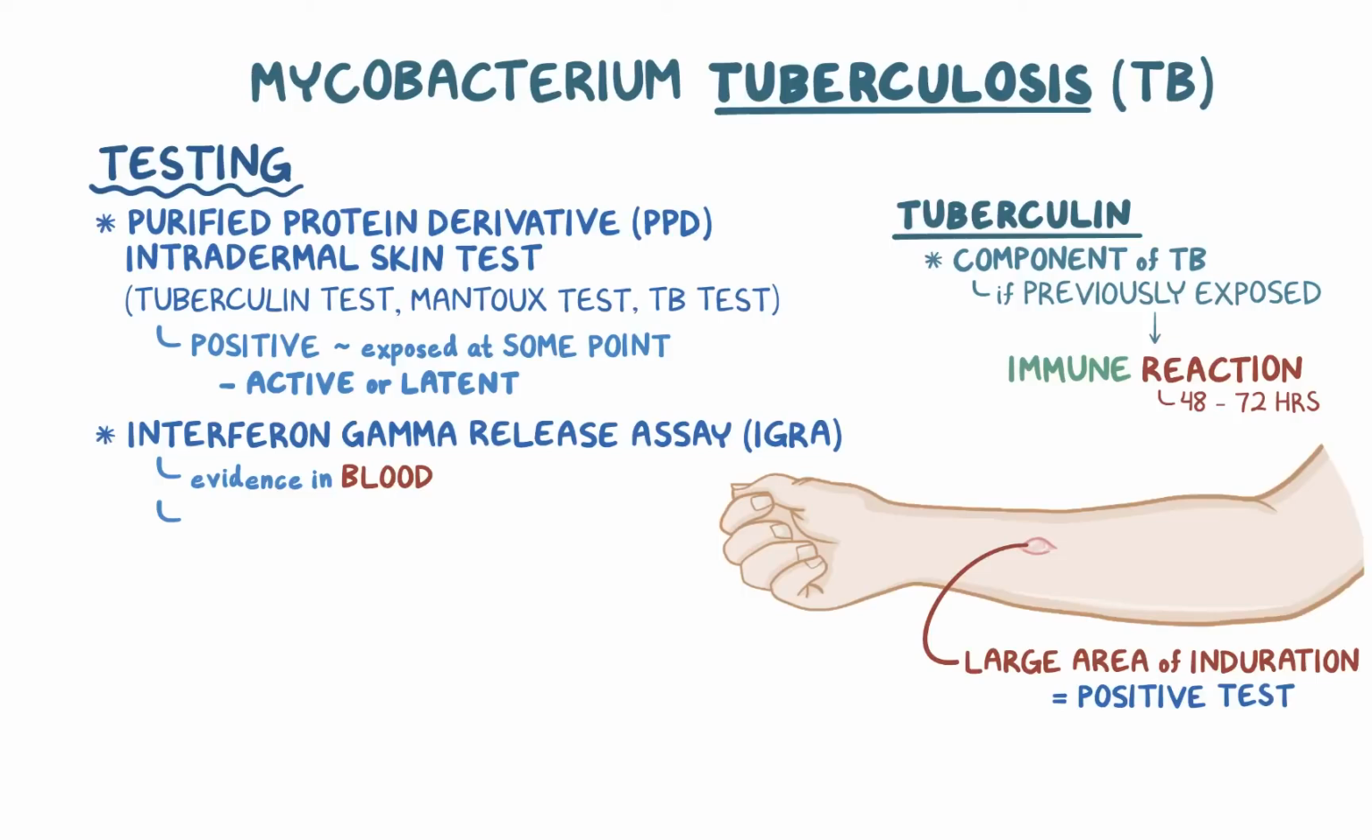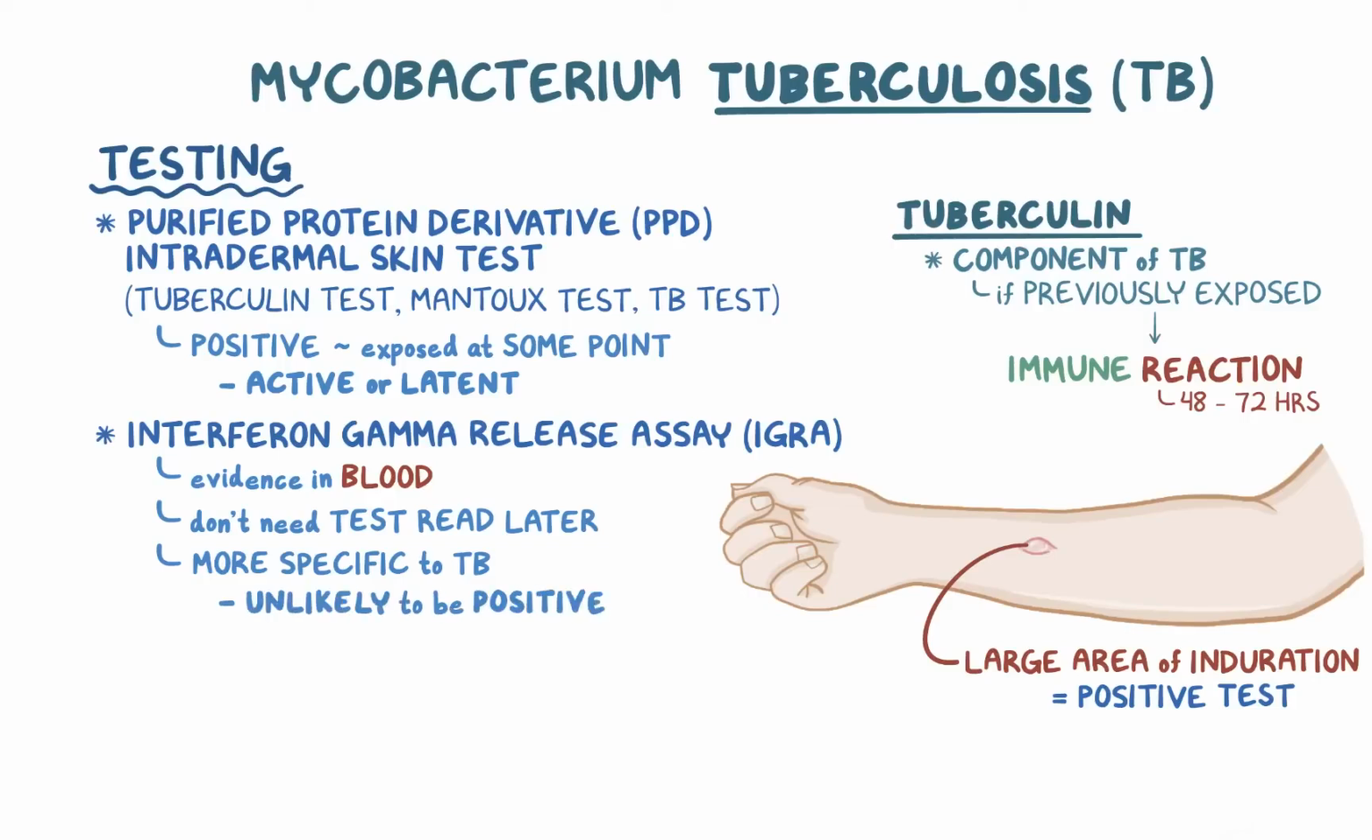Since this one's a blood test, you do not need to show up again to have the test read like you do with a PPD. Also, the IGRA is more specific to TB rather than other types of mycobacterial infections, and is unlikely to be positive as a result of having BCG vaccine in the past, a vaccine that protects against TB. And this is a pretty useful feature of IGRAs, since BCG vaccine is given to many children around the world